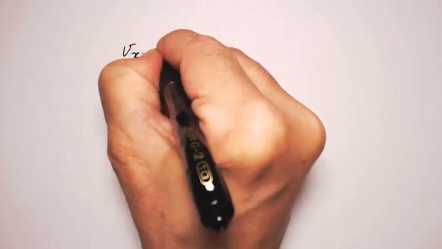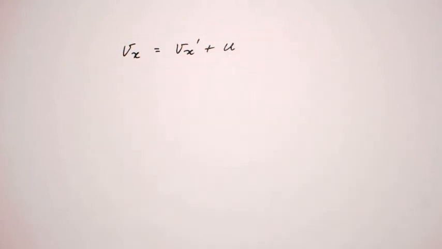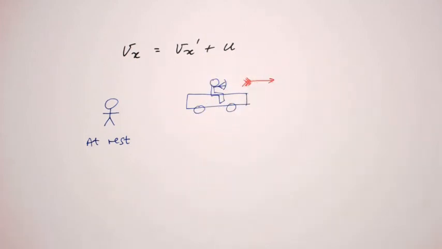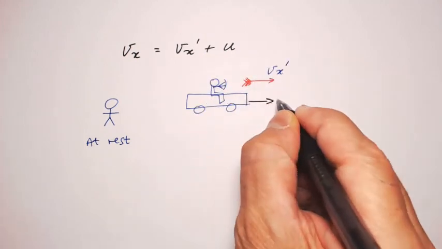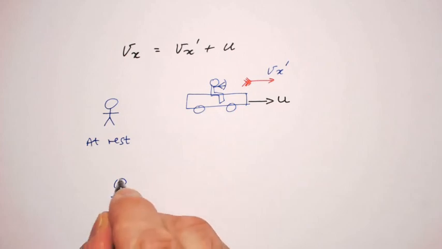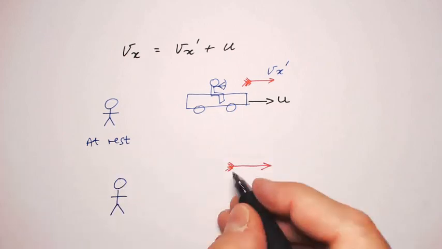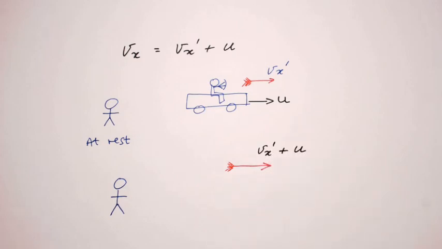The transform vx equals vx' plus u is how we intuitively understand the motion of a projectile launched from a moving source, which is that the projectile gains the motion u of its source, which is added to its own intrinsic motion v', to give a greater motion v relative to an outside observer. However, this understanding is inconsistent with Einstein's second postulate, which is why the special theory of relativity has results that are counterintuitive.